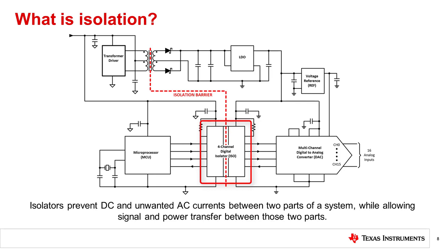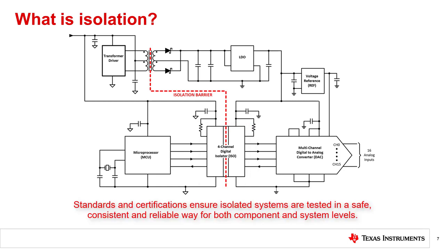Semiconductor ICs used for isolation are called isolators and are used in electrical systems for both function and safety. The way that an isolator is used determines the required insulation level mandated in order to meet safety standards for an end equipment to be sold in the market. Ensuring that isolation safety is measured in a consistent and reliable way is achieved through the use of standards and certifications. International and regional standards bodies develop standards to ensure uniform specification and testing of components and systems, including isolator